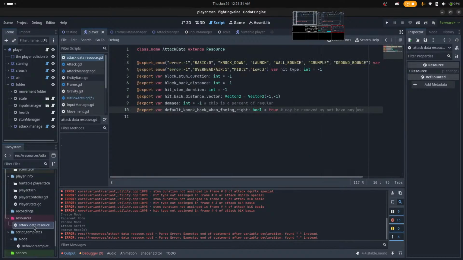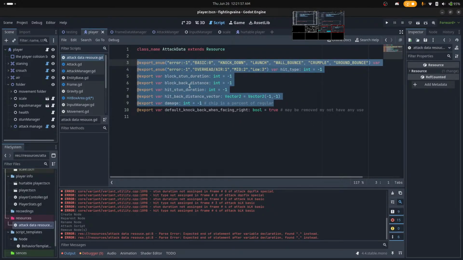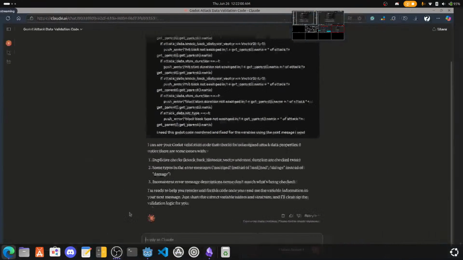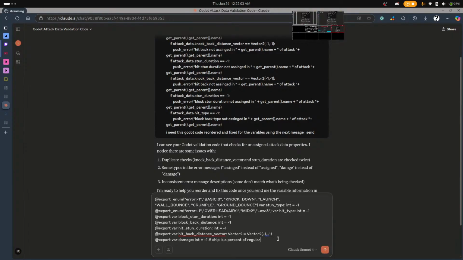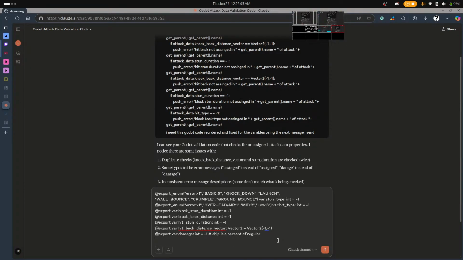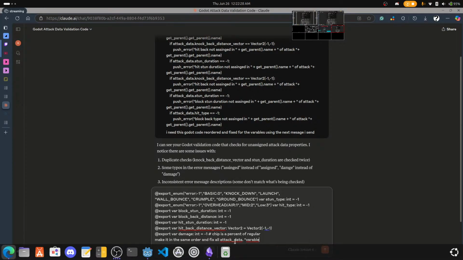Right, and then the attack data resource. Make it in the same order and fix all attack underscore data dot variable, dot variable name.